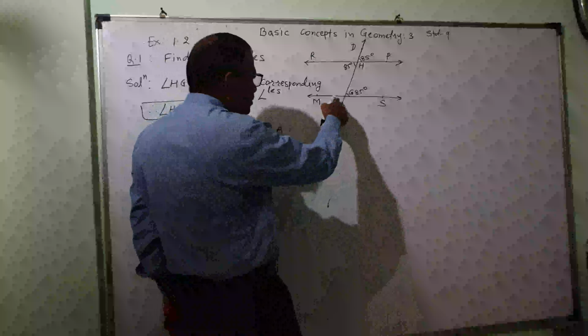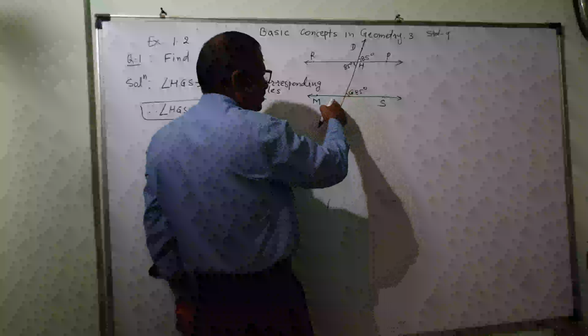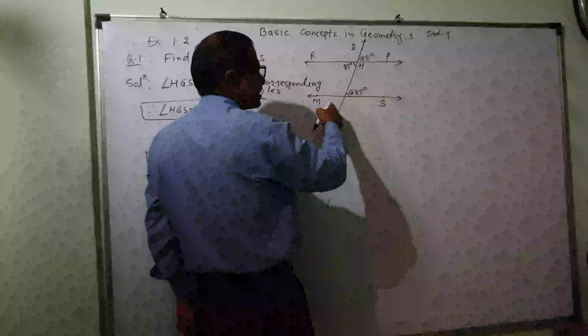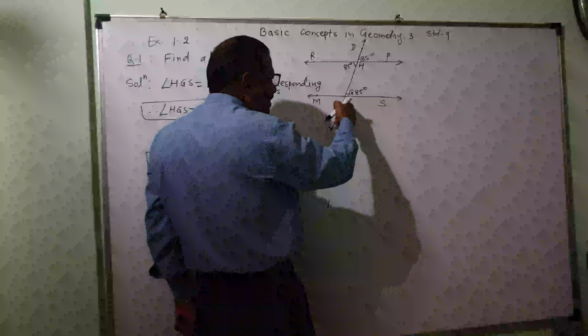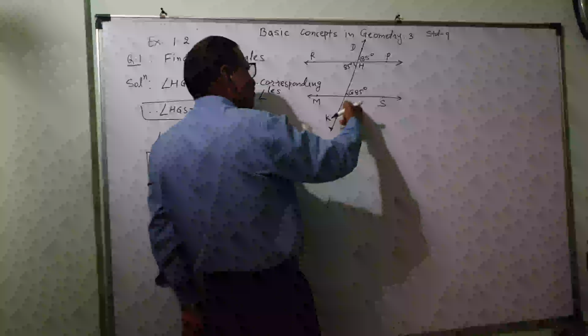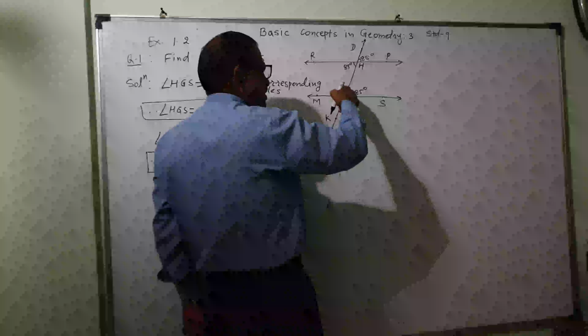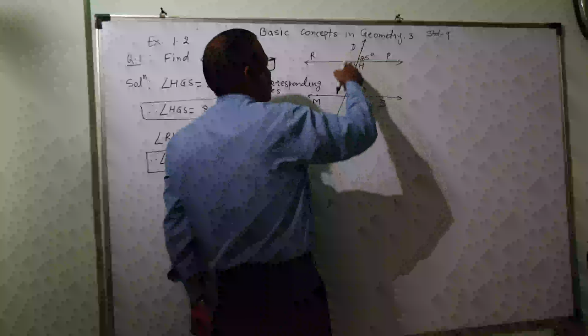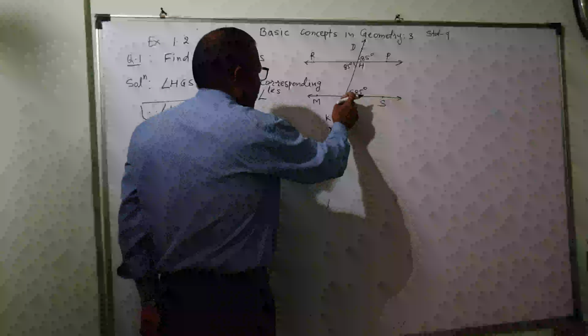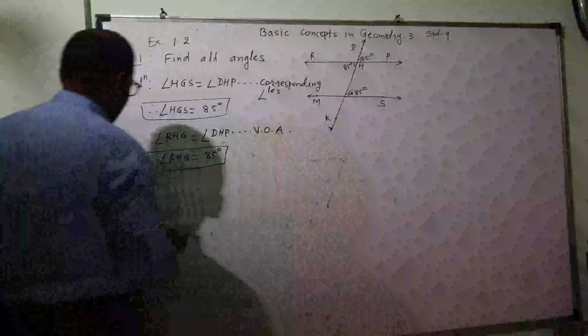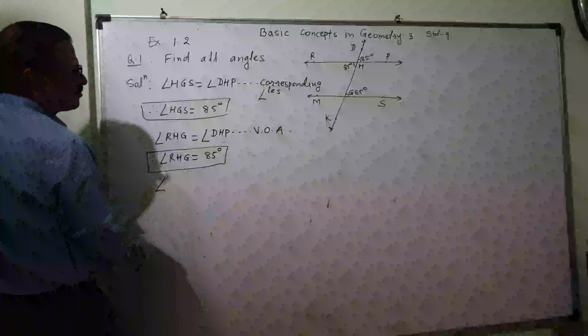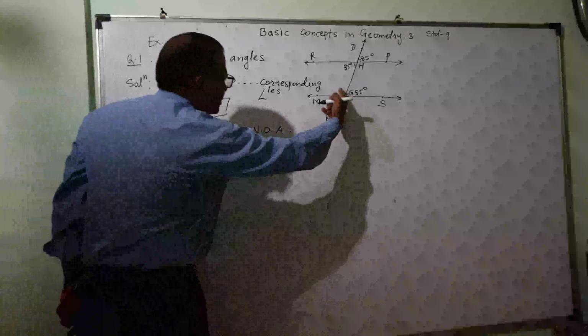This is also more. Now for this also, this and this are vertically opposite angles, so you can find this. Now how to find this? This I will teach you. And then from this you can find this. If you know this, you know this, because they are corresponding angles. Only I will find out this. Angle SGK.